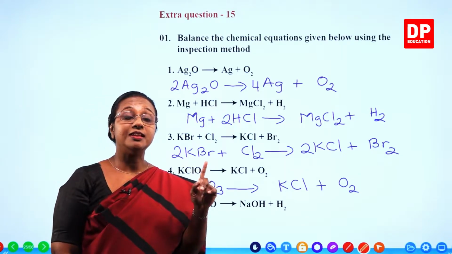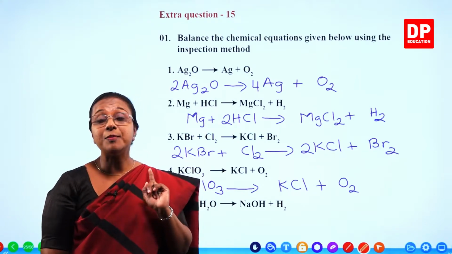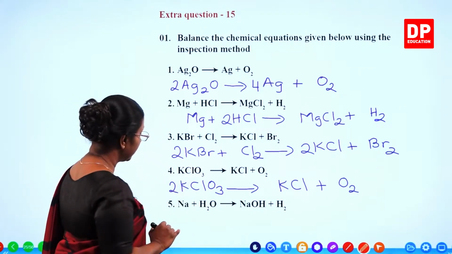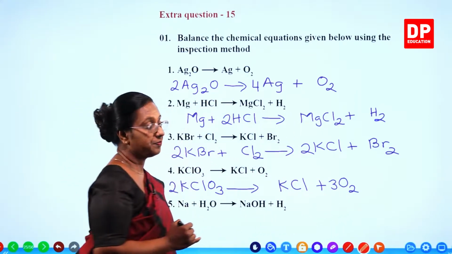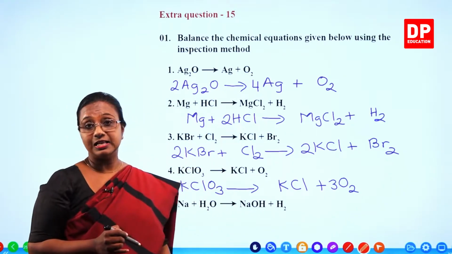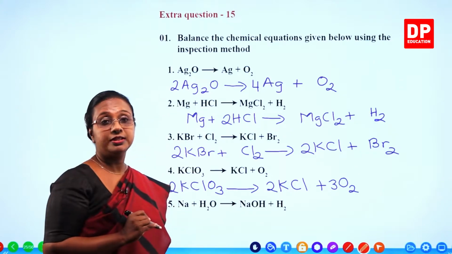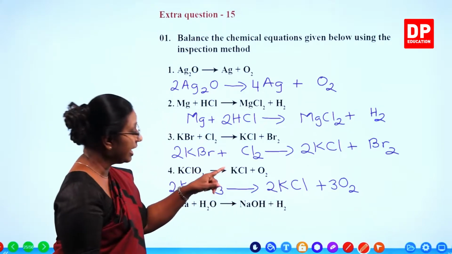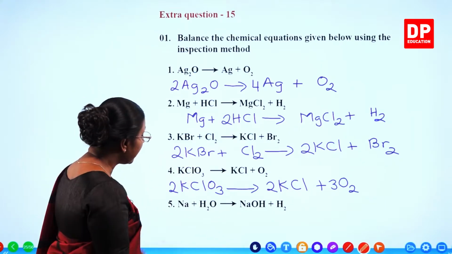Normally when there is 2 and 3, we go for the least common multiple, 6. Here also we need to have the number of atoms of oxygen as 6. So what can we do? We can put a 2 coefficient in front, 2 into 3, 6. So we put 3O2 there. 3 into 2, 6. Then we need to balance KCl. 2 potassium, 2 chlorines. So easy, coefficient 2 there. So 2 potassium chlorate gives rise to 2 potassium chloride and 3 oxygen molecules. Is that okay? Then the last one,